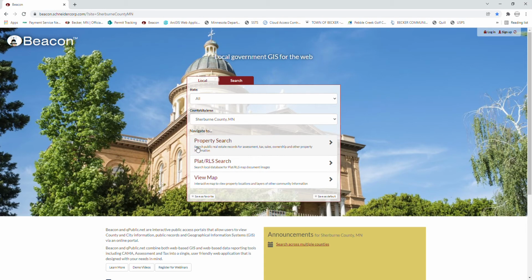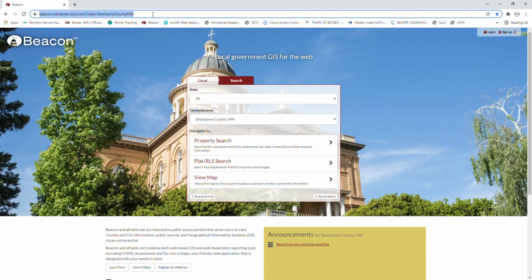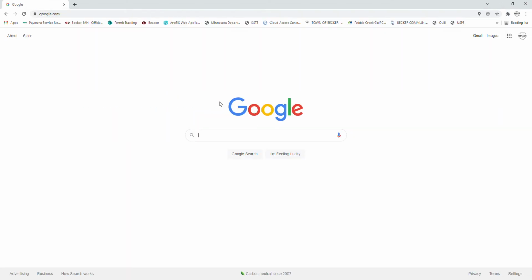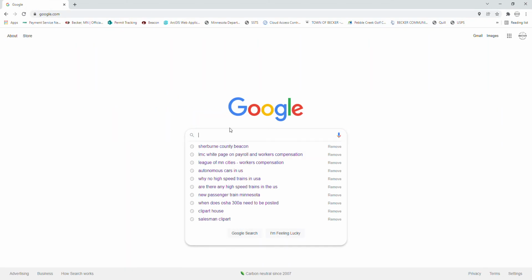After I show you how to find it here, we'll move into how to find your property, how to draw using some of the tools, and then how to finally print that out and get that to our planners in a way that makes sense. So we're going to start at the basics. We're just going to start at Google, because I find that the easiest way to find Beacon is just to